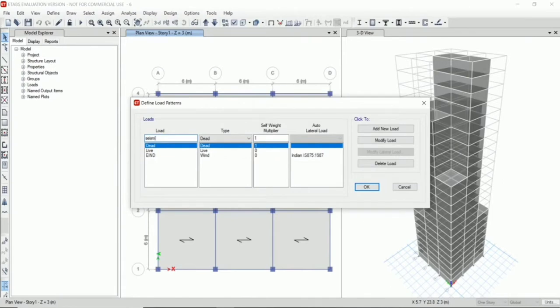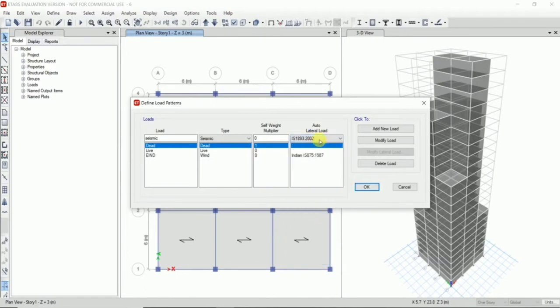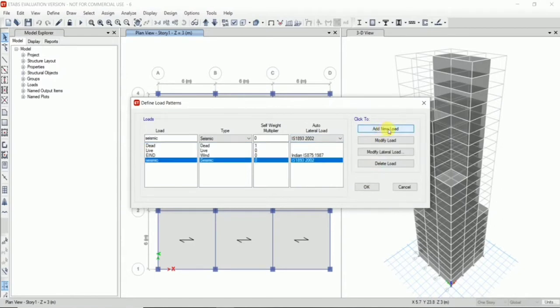Change the load type to seismic from the drop down list. In the option for auto lateral load, select the IS code for seismic design, which is IS 1893 2002. Then we click on add new load.